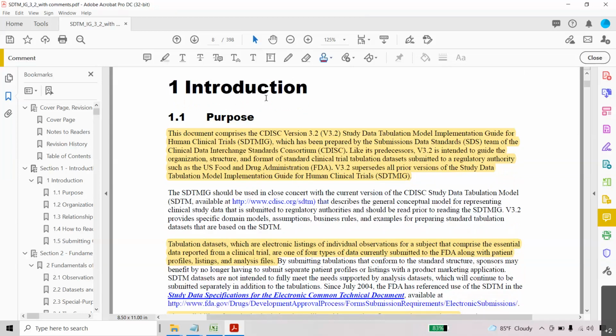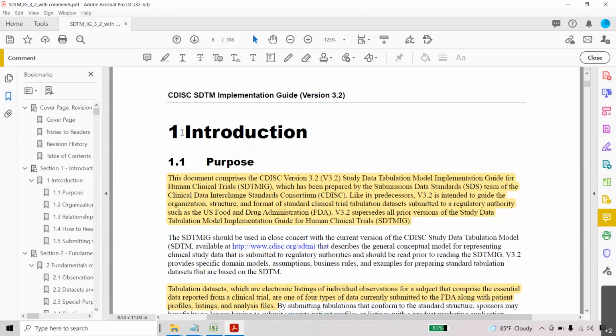So the first page, our introduction topic, is telling what the purpose is. As I said yesterday, this is prepared by someone else, so I'm giving the summary. I'm not going to read line to line. But you can read, and if you don't understand anything, you can bring that point to the next session or tomorrow's session. That is fine for me.